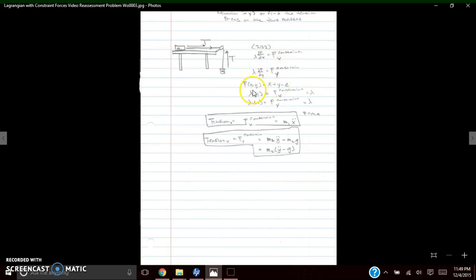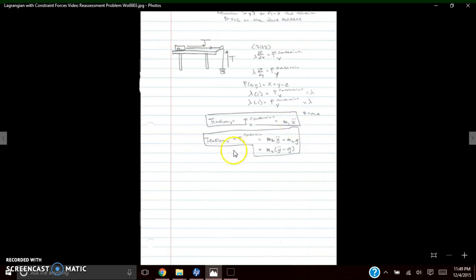So basically, this is our equation for the constraint: x plus y minus c. The derivative of this with respect to x would just be 1, and the same for y. So therefore, we get that the force of constraint in the x direction is equal to our Lagrangian multiplier lambda. So with that, we know that lambda in the x direction, the tension on mass 1, is just equal to m1 x double dot,